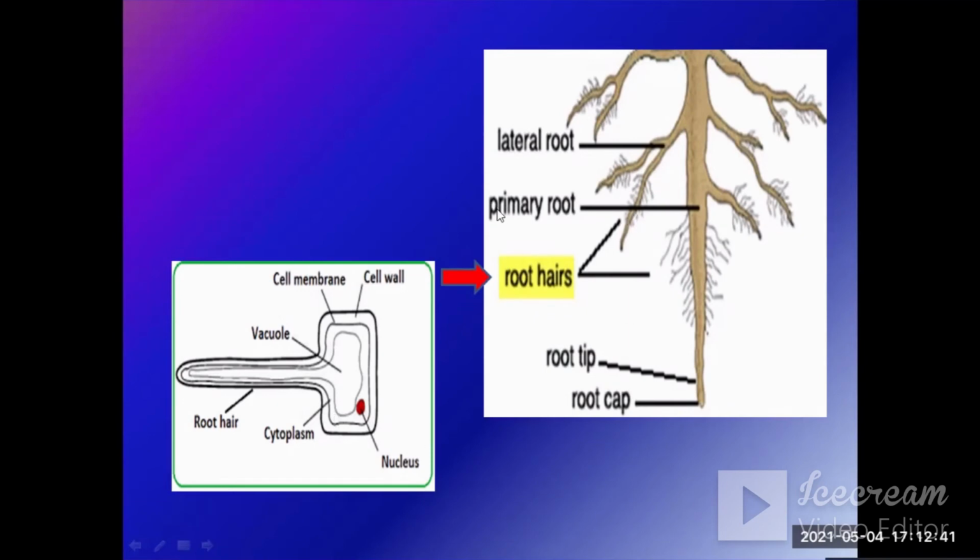It is not the primary root or the lateral root or secondary or tertiary roots which is absorbing the water and mineral for the plant. It is the root hair which is doing it. This root hair is absorbing the water and minerals, passing them on to the xylem vessels, which are the passageway. Like you have blood vessels, similarly, the xylem vessels help in transporting water and minerals right from the root to the leaf, so that it can help in photosynthesis.